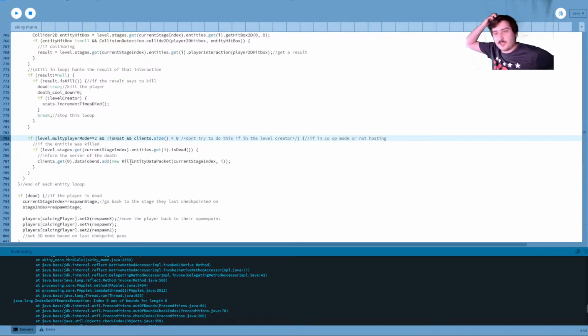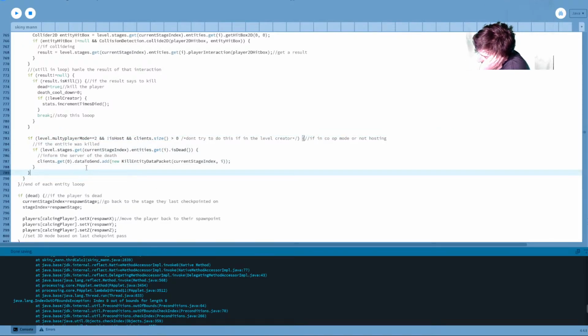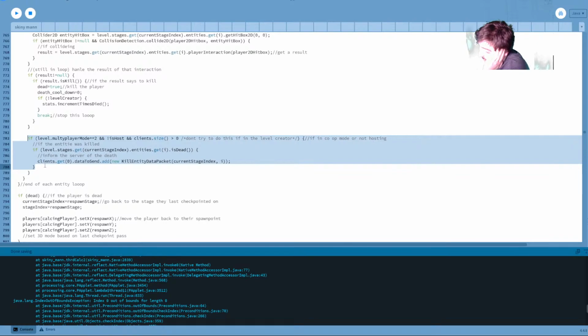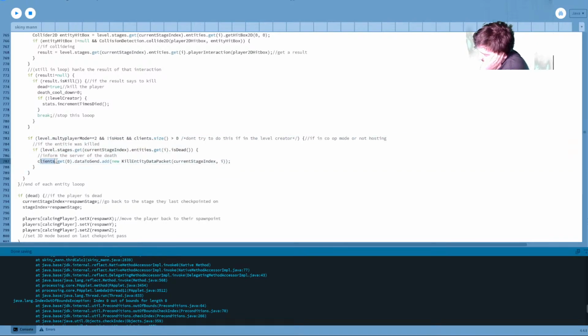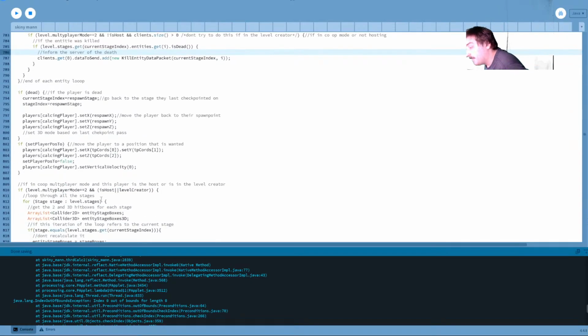Now, I could also have just checked for level creator here, but I think this is better because if for some reason you're in one of these levels but you're not in multiplayer, or you got disconnected and you didn't get to the kicked screen, this won't cause a spam of the console for the stack trace.